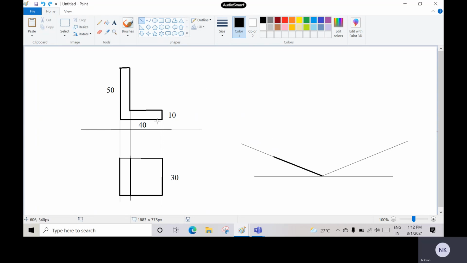I am taking the front view on the left side, so the length is 40 mm, I am taking the 40 mm on the left side, and after that what is the height? Here it is 50 mm, so I will take 50 mm. Okay, right, and after that,